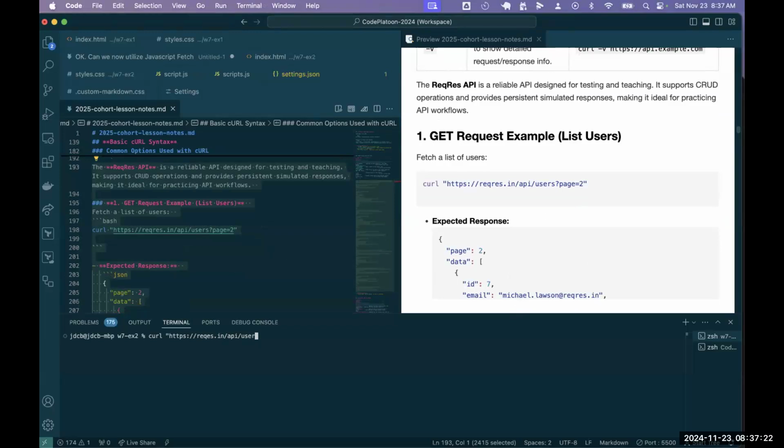And if you notice, I'm wrapping my URL inside double quotations because in a Zsh environment the shell will not like the question mark. So if I pass it in as a string,